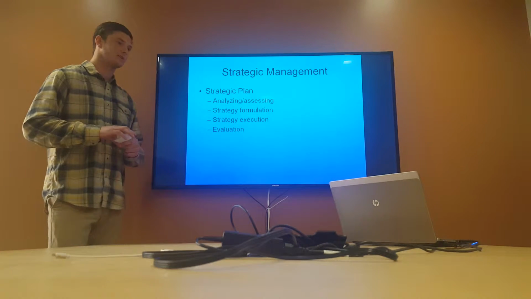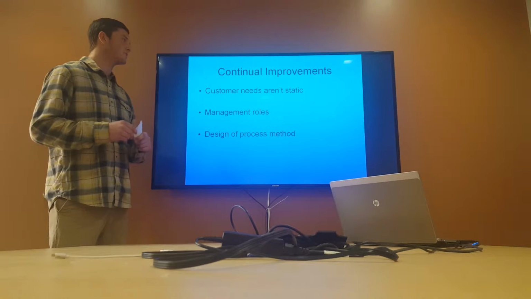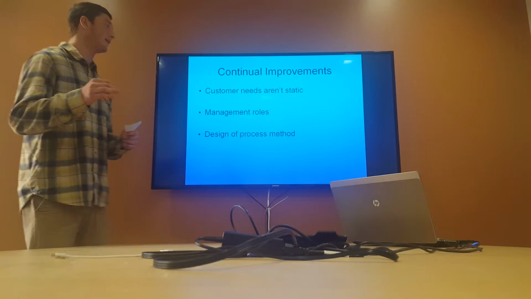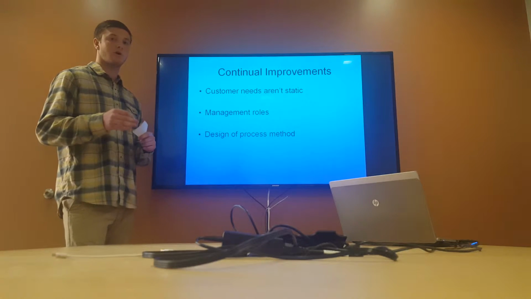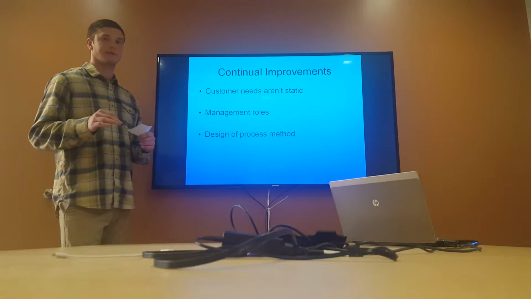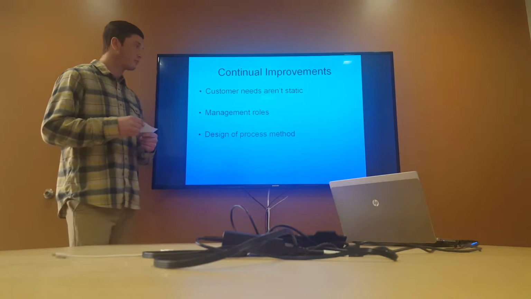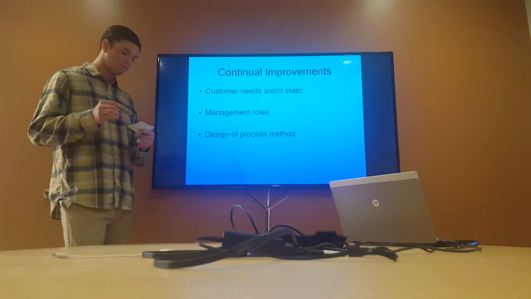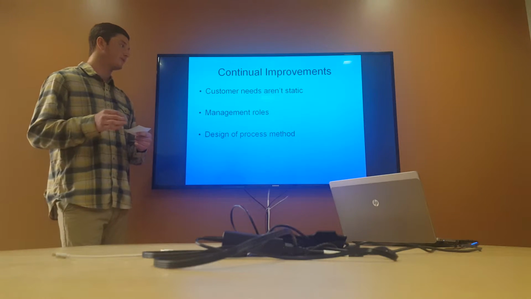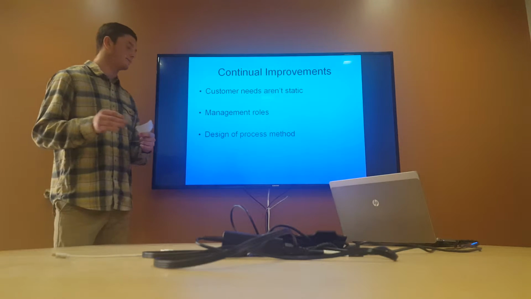I'm going to move on to continual improvement now. All right, so continual improvements. Customer needs aren't static. So, like we said, total quality is something you can't just achieve and then be happy with. Like, it's constantly upgrading itself. So, you need to improve your processes, people, and products to effectively achieve this success. And this is done at all times because